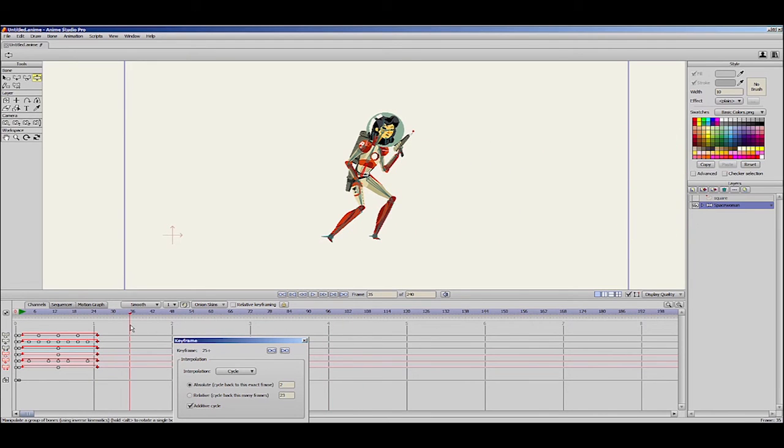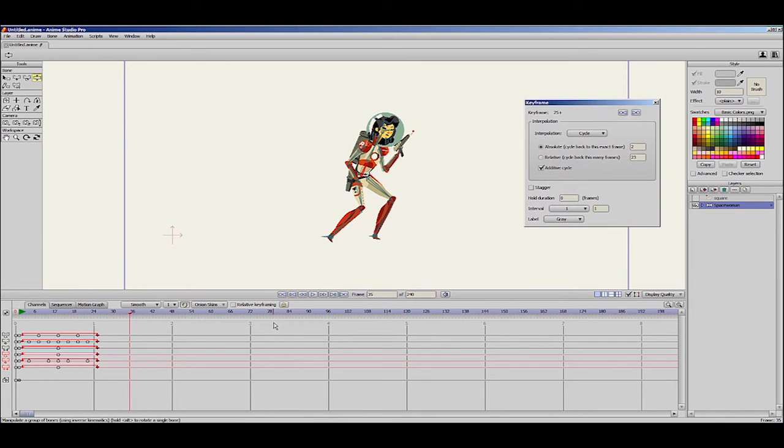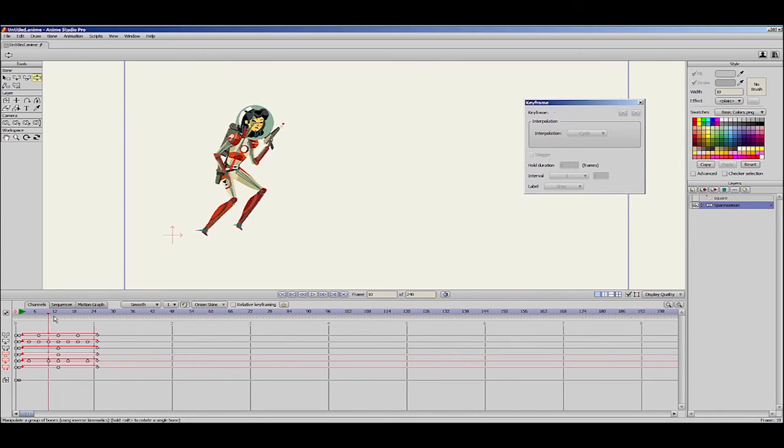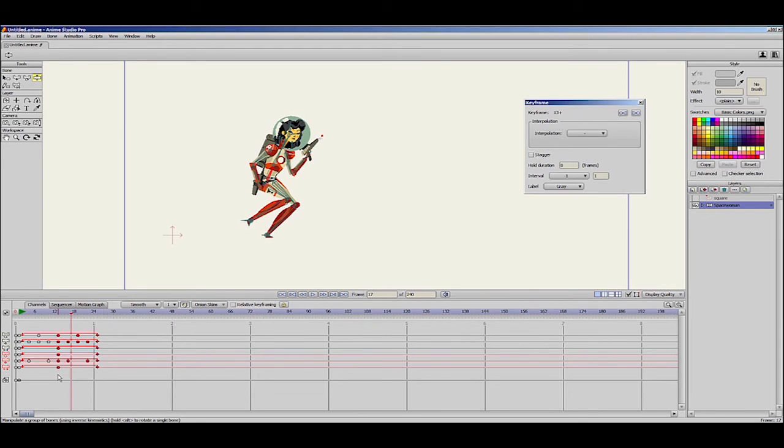So I don't need to move the layer, I don't need to adjust the speed or anything. And the good thing about this is that in this case the character is working at constant speed. So you have a very similar result to what you could get in previous versions. But the good thing about this is that I can create irregular